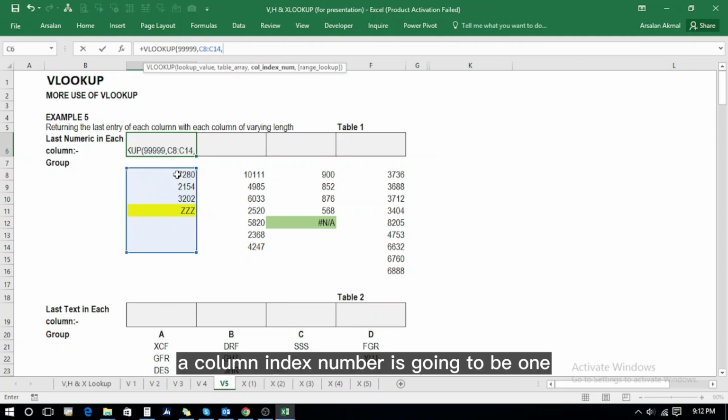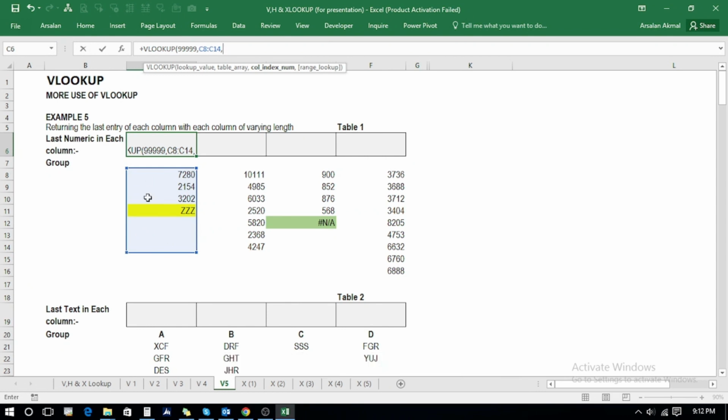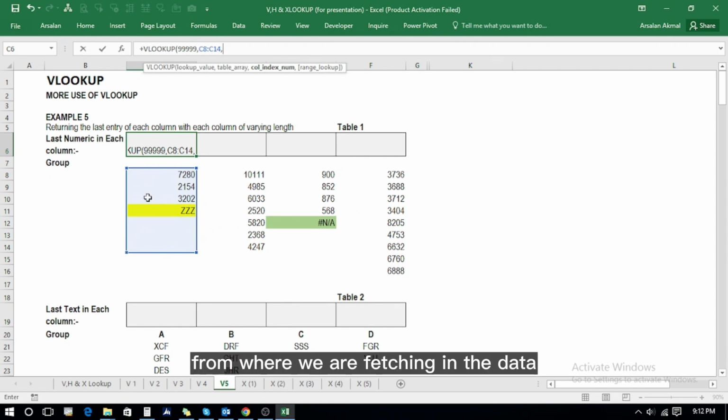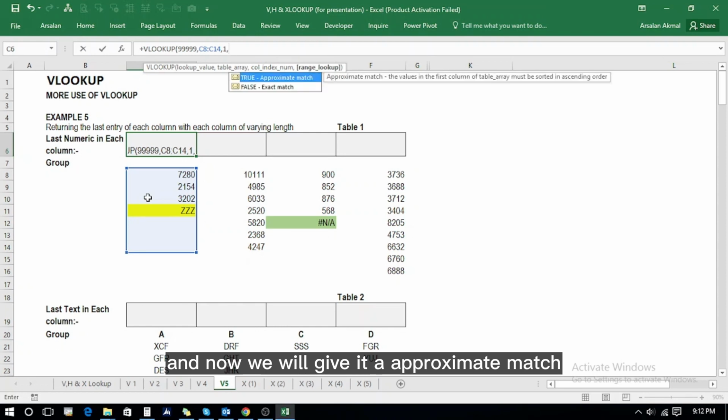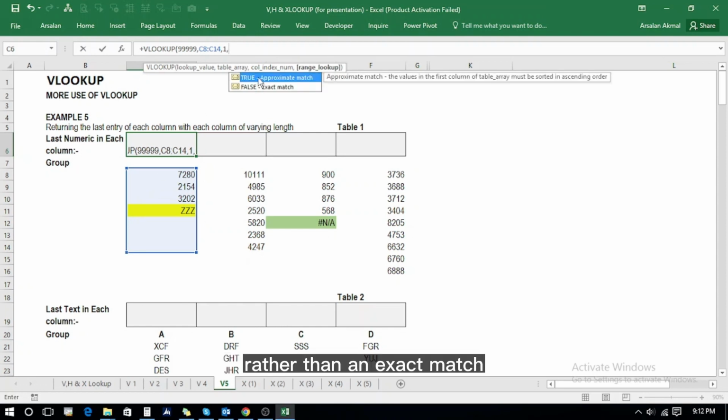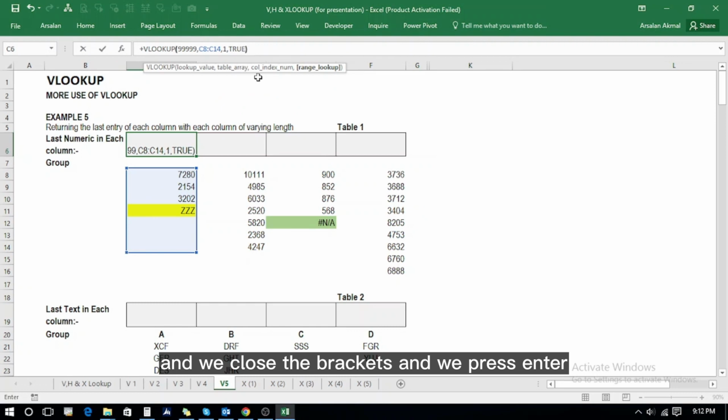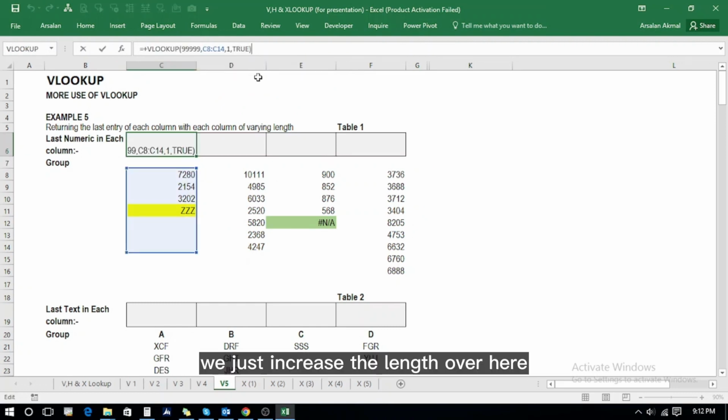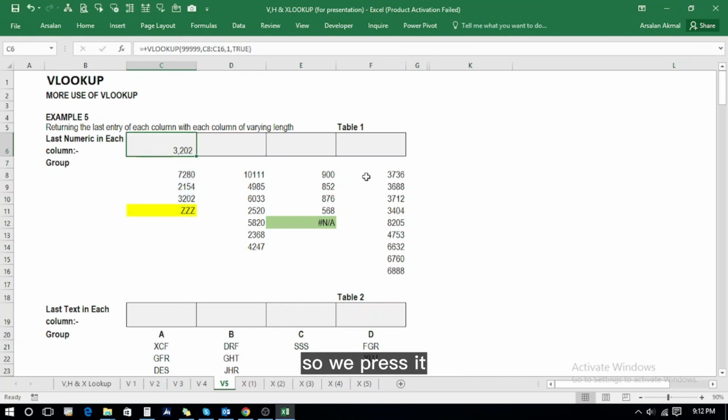The column index number is going to be 1 because this is the only column from where we are fetching the data. So it is going to be 1, and now we will give it an approximate match rather than an exact match, and we close the brackets and press enter. We just increase the length over here equal to the length of column F, so we press enter and we copy it,